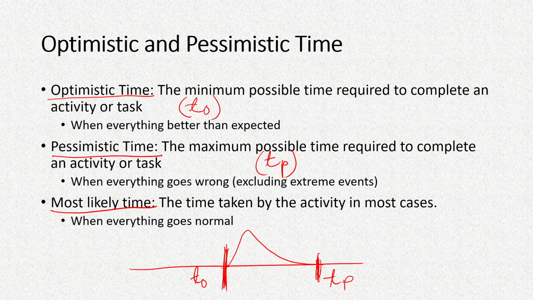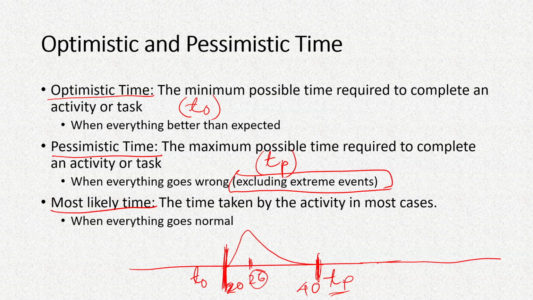However, one thing we need to understand is that it excludes the extreme events. That means, suppose our estimate varied between 20 to 40 days, while the most likely is, suppose, 26 days, and the optimistic time is 20 days and the pessimistic time is 40 days. In an extreme event, it may be delayed by a year, but that happens very rarely. If you want to put a year on this scale, it will be way outside what we can draw in this sheet. And the problem is, no matter how many samples you have here,